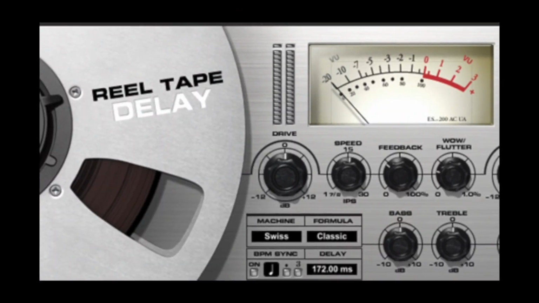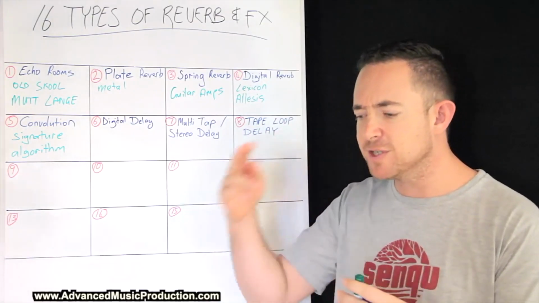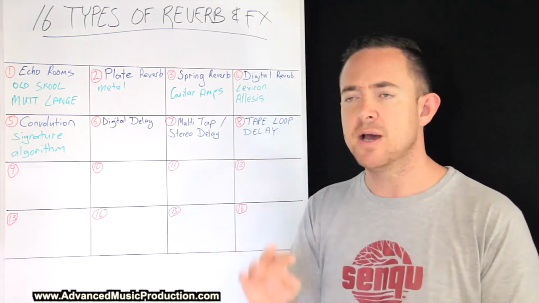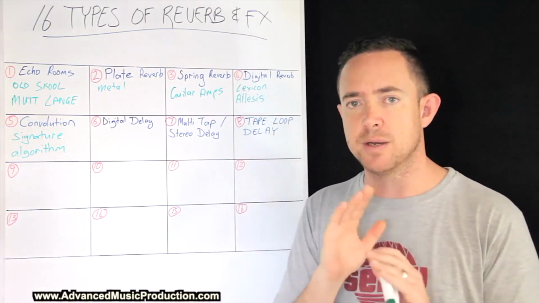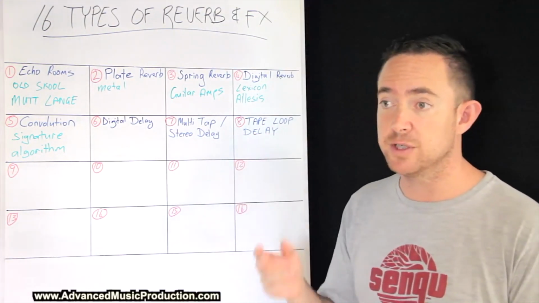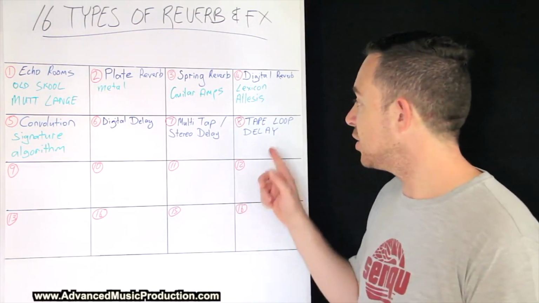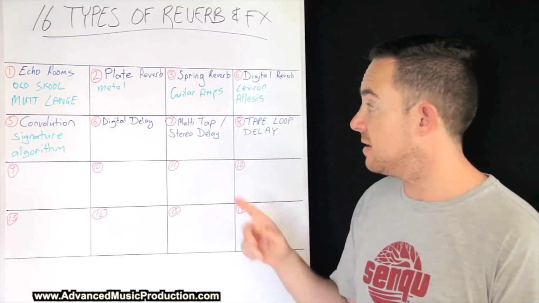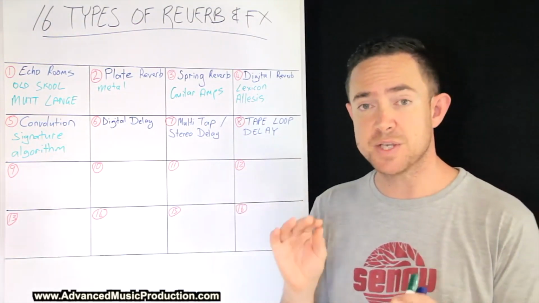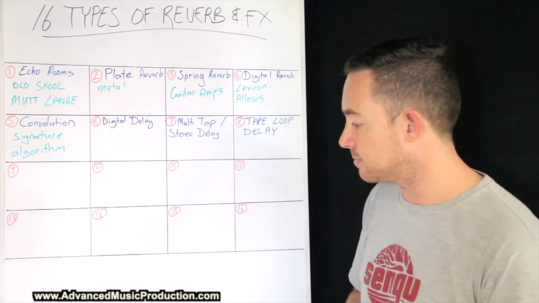Now today we have virtual tape loop delay in software, so you don't have to have a physical piece of tape, and you can just imagine the maintenance on a machine like that would have been a nightmare. I'm pretty sure all the original tape loop delays of those days are broken. If not, there's a handful that still work. So that is the last type of delay that I'm going to go through today that is important for you to know when it comes time for you to make your own music.